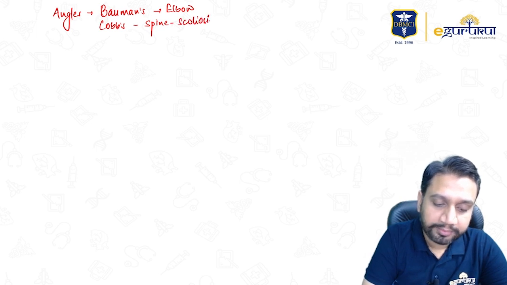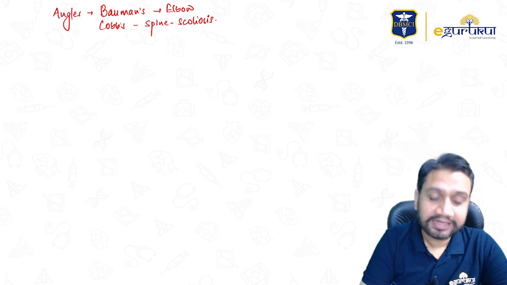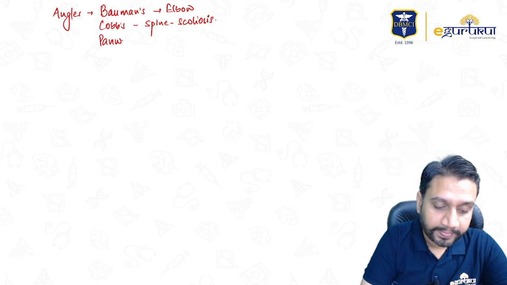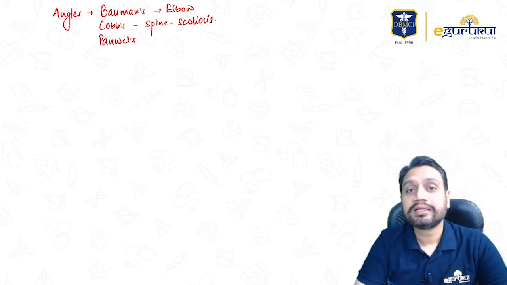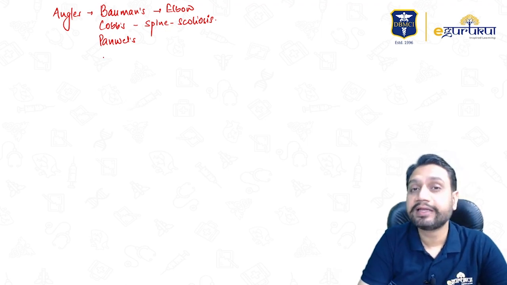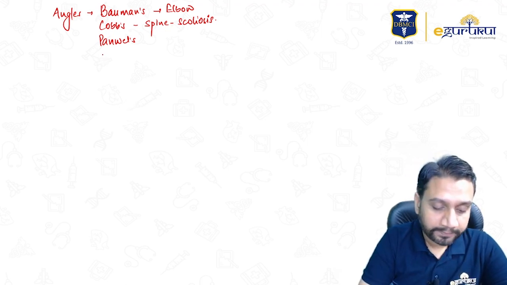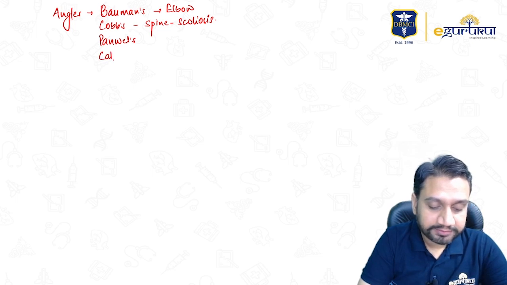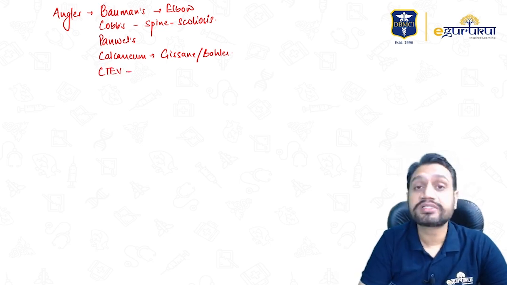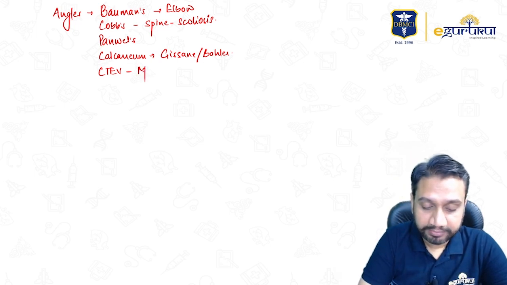I hope that you all remember this. Then we can have certain angles in the neck of femur, which is known as the Pauwels angle, the Pauwels classification or the Pauwels angle, right? Then we have the angles in the ankle area or the tarsal areas. One for the calcaneum specifically. For the calcaneum, we have got two angles, the angle of Gissane and the Bohler's angle. Then when you talk about the CTEV, then again we have got most important angles which give you the idea of the cavus. For example, the Meary angle.